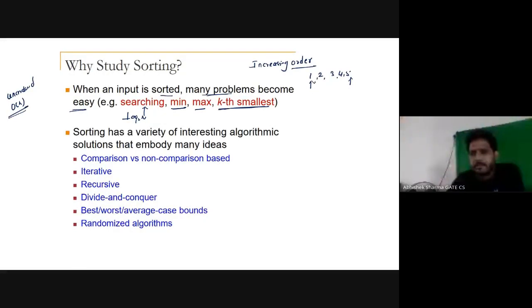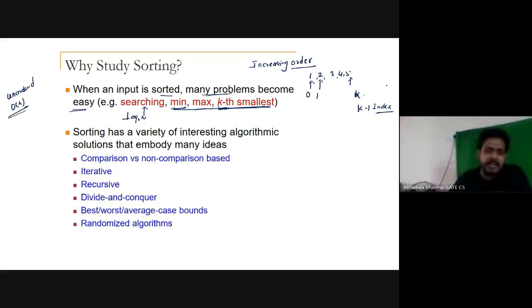The kth smallest element, for example the second smallest element, will be at a particular index, depending on whether indexing starts from 0 or 1. The min, max and kth smallest element can be found in constant time. My index starts from 0, so the kth smallest element will be found at index k minus 1 if it is an array.